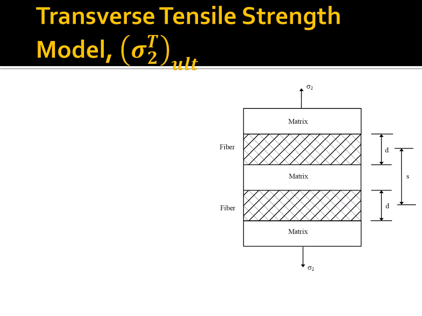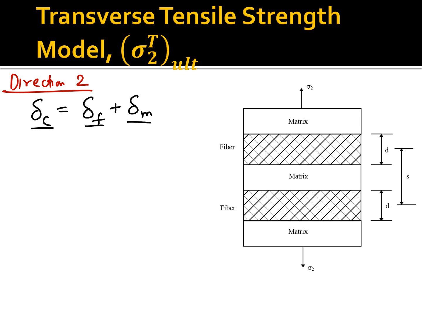If we look at this again, let's concentrate just on direction 2. We're only going to look at the normal stresses, normal displacements and normal strains in direction 2. So the displacement in the composite will be the same as the displacement in the fiber plus the displacement in the matrix. That makes sense, because how much the fiber moves and how much the matrix moves will be the total displacement in